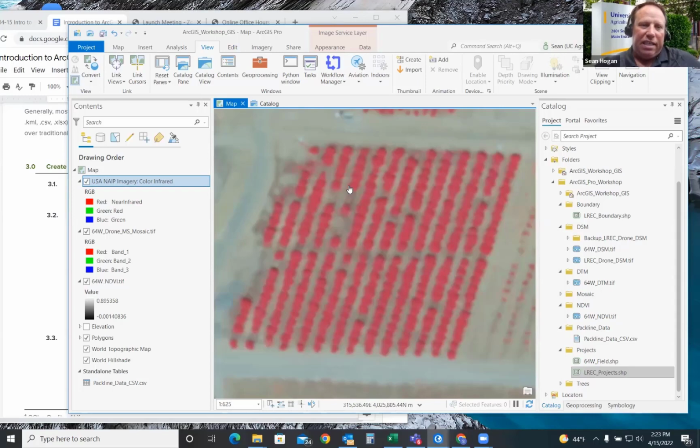But here's an interesting thing though. This is not stored locally on your computer. This is actually stored in the cloud. And the way we can see that is over in contents. What we're looking at here is our drawing order. But next to that, there are some other options like list by data source, or list by selection, list by editing. There are several options.